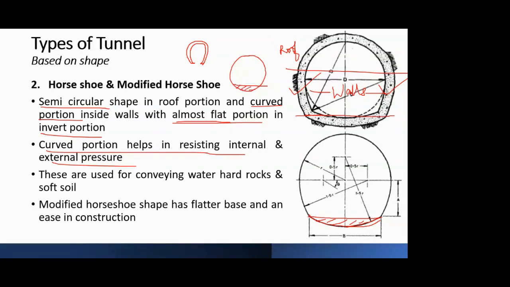Okay. So if I want a clear, suppose this is my height which I can utilize. Suppose it is 5 meters. Okay. So if I can utilize only 5 meters, for that I have to excavate a tunnel of maybe 7 meters or 8 meters if I am excavating a circular tunnel. So to remove that disadvantage that we are not utilizing that 2 meter or 3 meter area, we had switched over to the horseshoe tunnels or horseshoe shape.